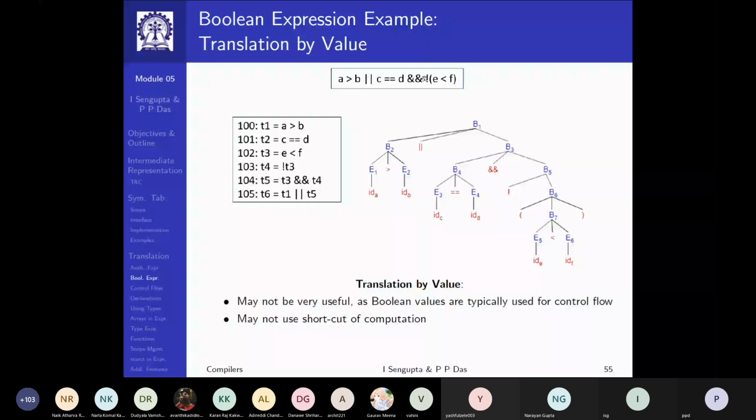Now in this or, if you know that this is true, then you don't need to evaluate the rest. Actually, if you knew this is true, all of these are redundant, because you will do all this evaluation, but at the end, you will end up with T6 being true.